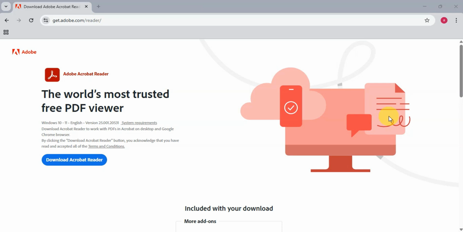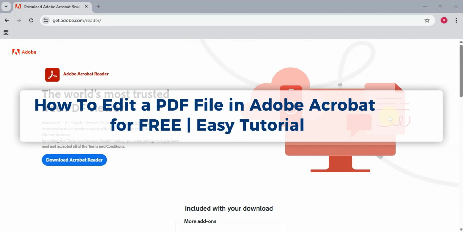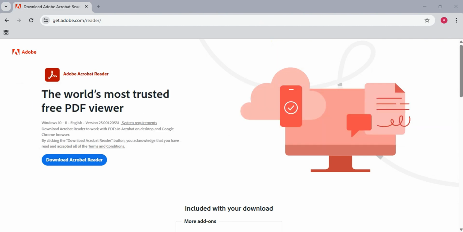In this quick tutorial, I'll show you how to edit a PDF file using Adobe Acrobat for free. Whether you need to fix typos, add images, or fill out forms, this method works without needing to buy a subscription. So the first step that we need to do is to download and install Adobe Acrobat Reader from